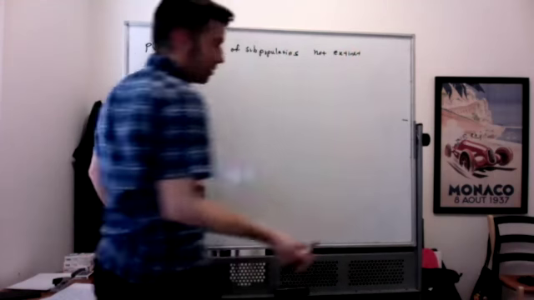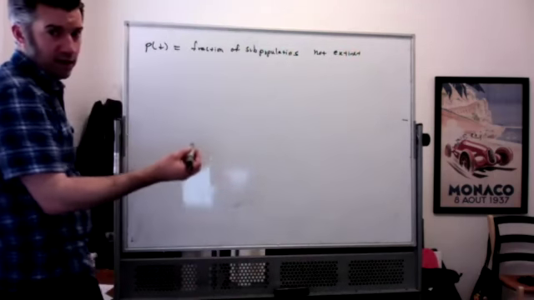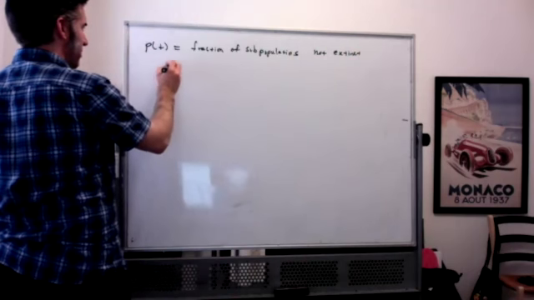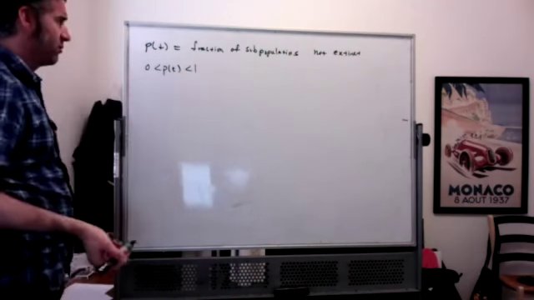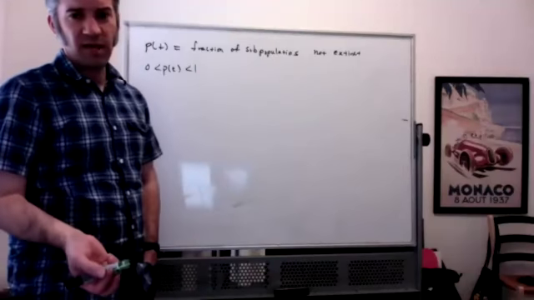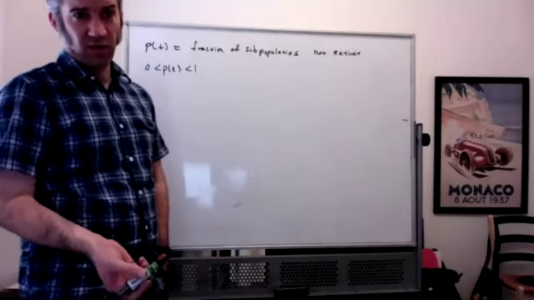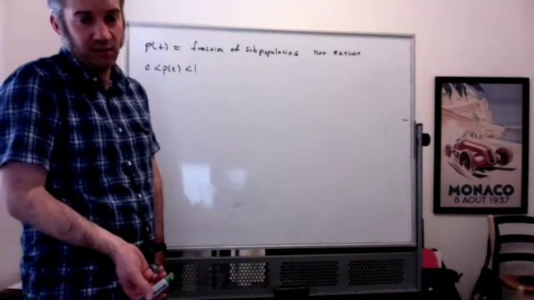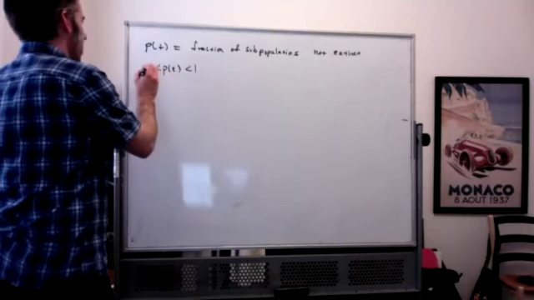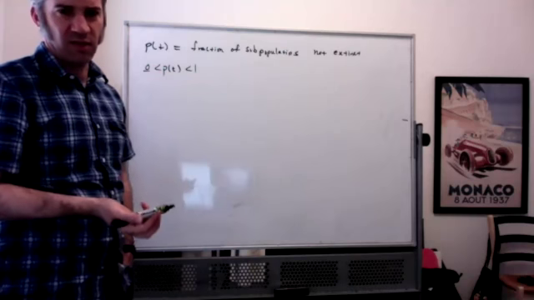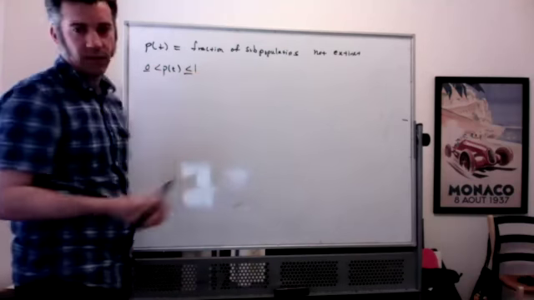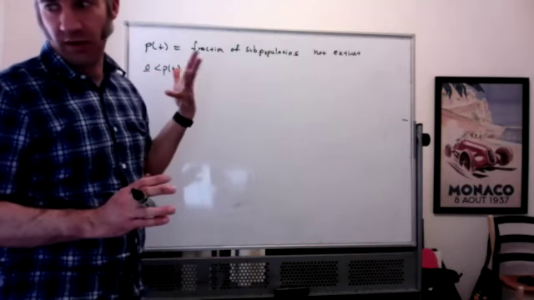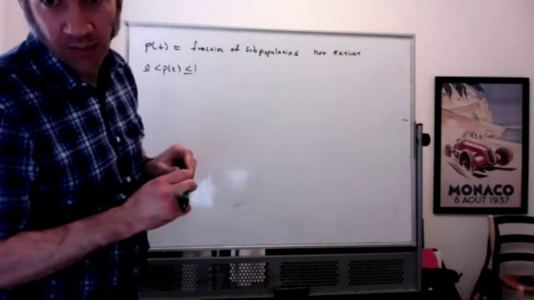I think it should make sense, right, that P of t should be between 0 and 1. Maybe with equal signs, right? Maybe 0 of them can actually be not extinct. That seems reasonable. But if 100% of them were extinct, it seems like they'd all be extinct. So I guess that's possible too. I don't know. But it's good to think about what parameters there are for your thing. So then,